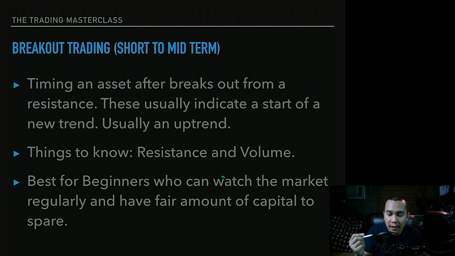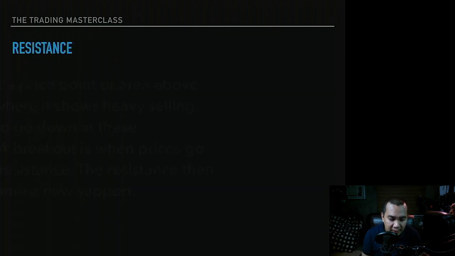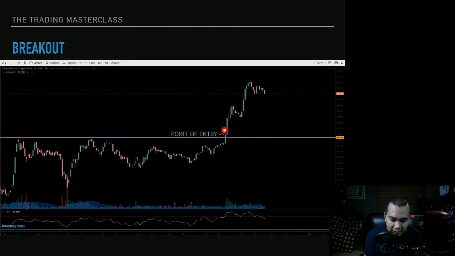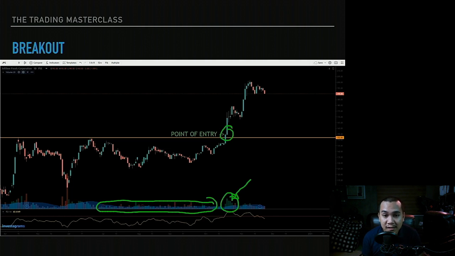A good indicator to help you know if that breakout is good is the volume, the amount of trades done during that breakout. Here, I'm using this as an example because during the breakout, look at the volume right here. Considering the previous volume, this volume is quite significant. There's a big spike during that breakout, and if that happens, that's a good breakout, and you will want to enter that.